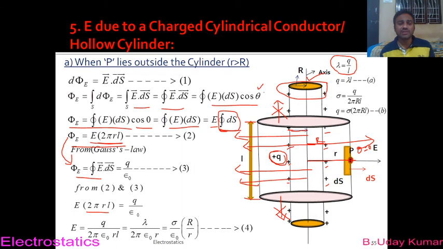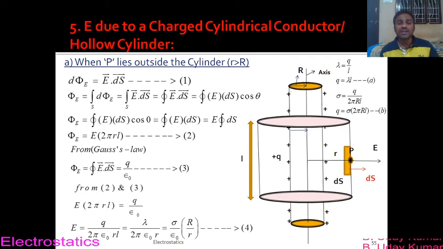I am erasing everything. A charged cylindrical conductor is an example of linear charge distribution and also surface charge distribution. I mentioned this, right? Hence I can write the electric field intensity in terms of Q, in terms of lambda, and in terms of sigma also. To write it in terms of sigma, first of all you have to apply the formula of sigma. What is sigma? Lambda is defined by dividing Q by the total length.